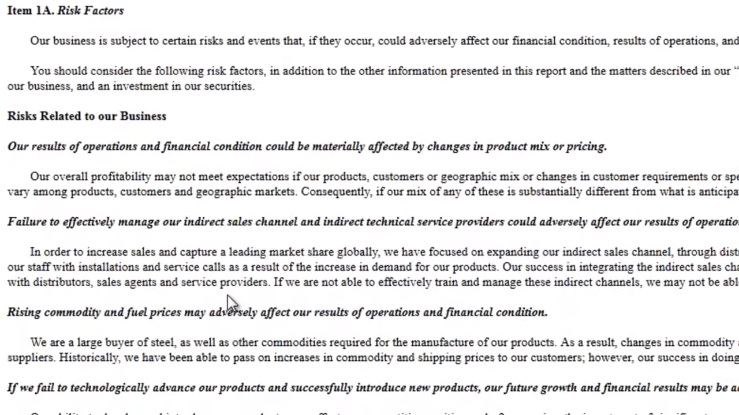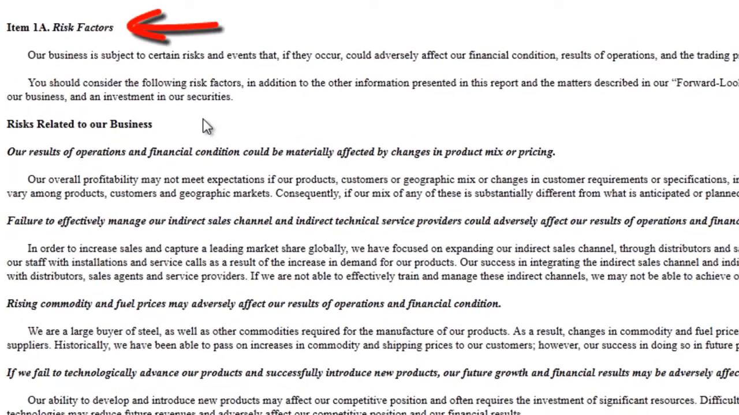Another very important area is risk factors. This is where the company describes various risks associated with its business. For example, if 40% of the company's revenues come from one customer, that's a risk factor. This is where a company would describe it. In our example,